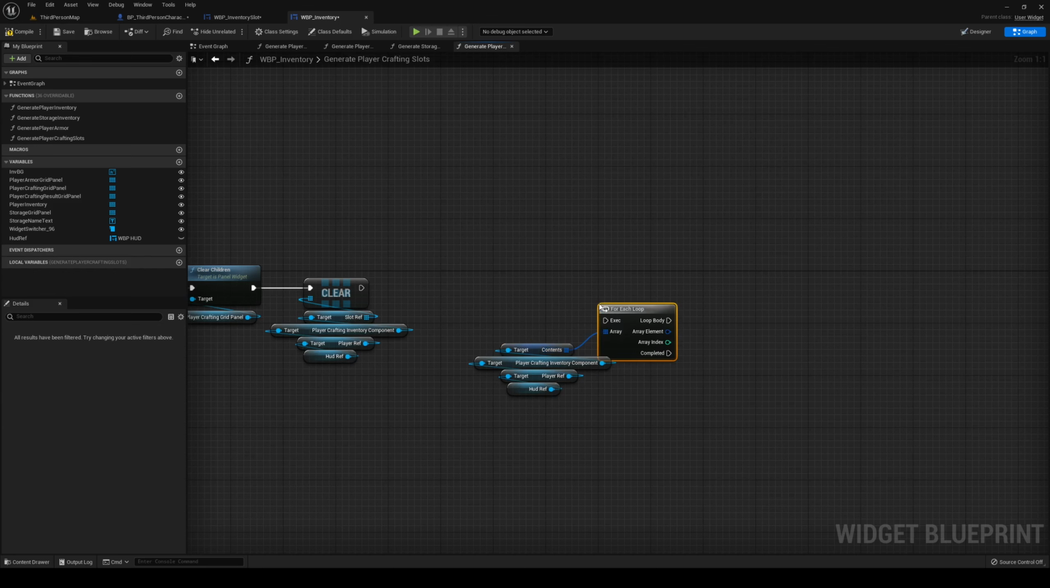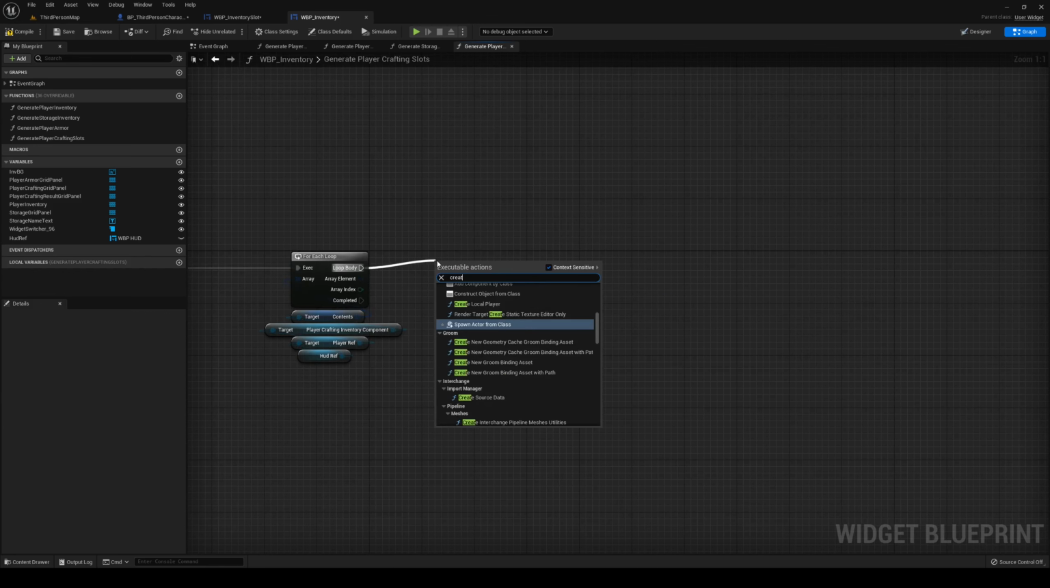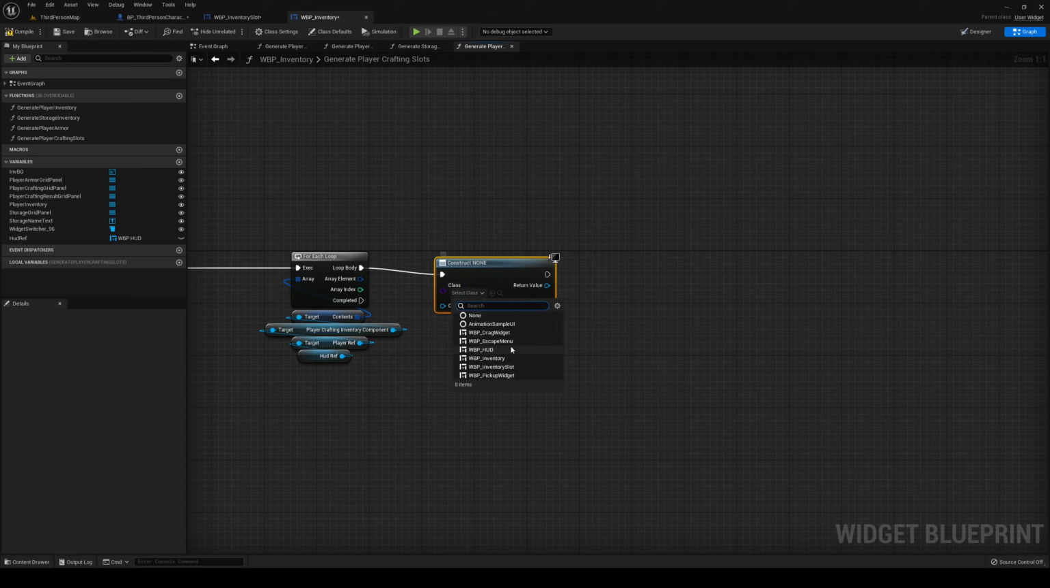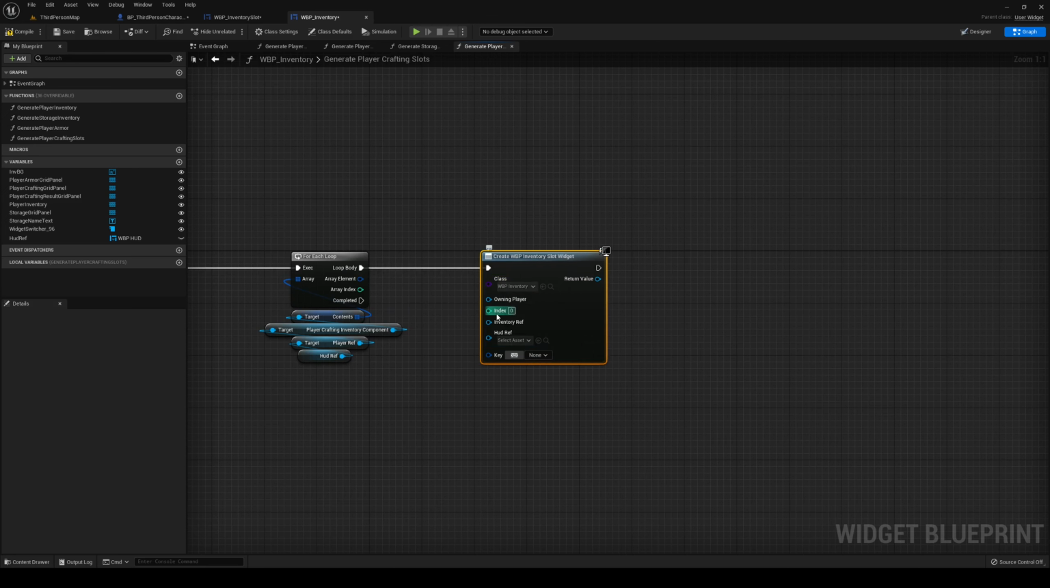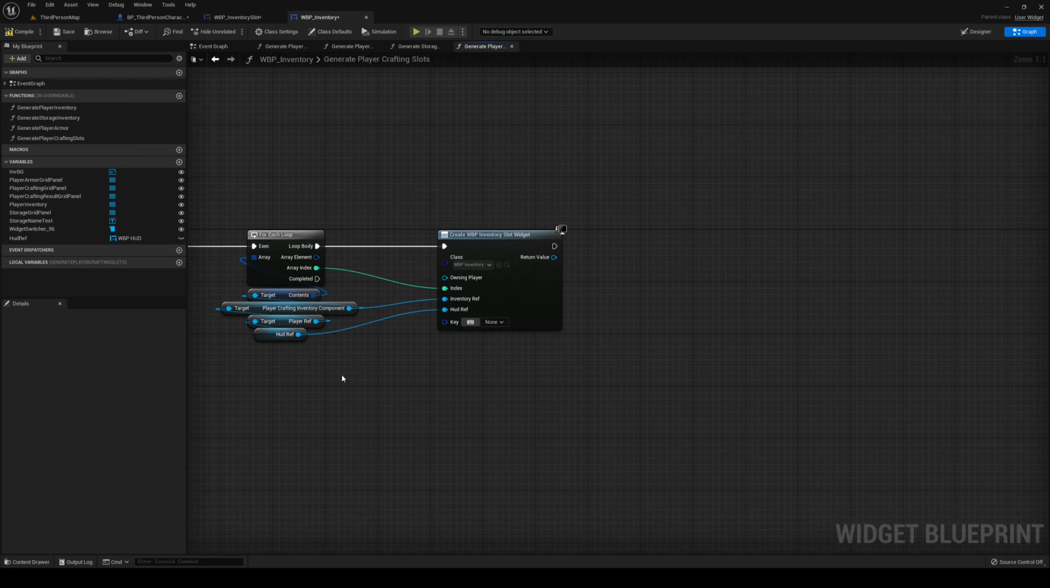We're gonna do a for each loop from our contents. For each of these, we're gonna create widget, and we're gonna create our inventory slot. Index goes into index, same as before. Inventory goes into inventory. Hard ref into hard ref. This does not have a key, and also